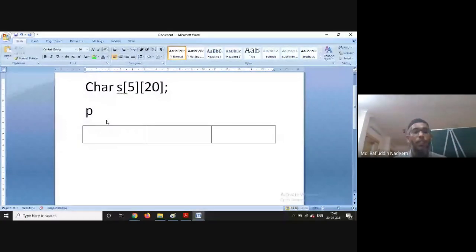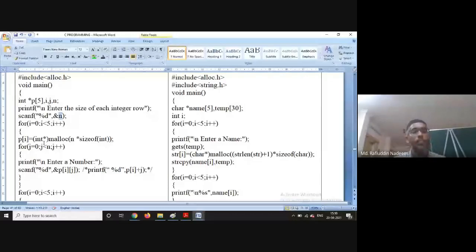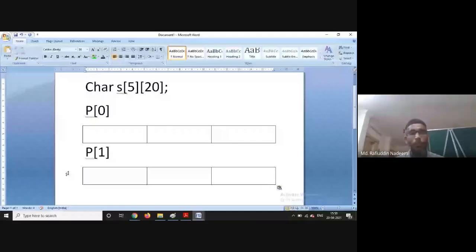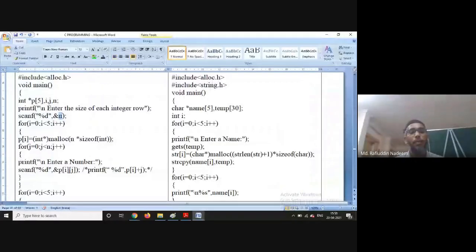And in the next iteration, when you say i++, p[1] is equal to again (int *) malloc of n into sizeof(int). Now p[1] will be pointing to another array, and another array is created here. Again i++, suppose p[2]. Likewise, 5 arrays will be created, and then scanning is the same.